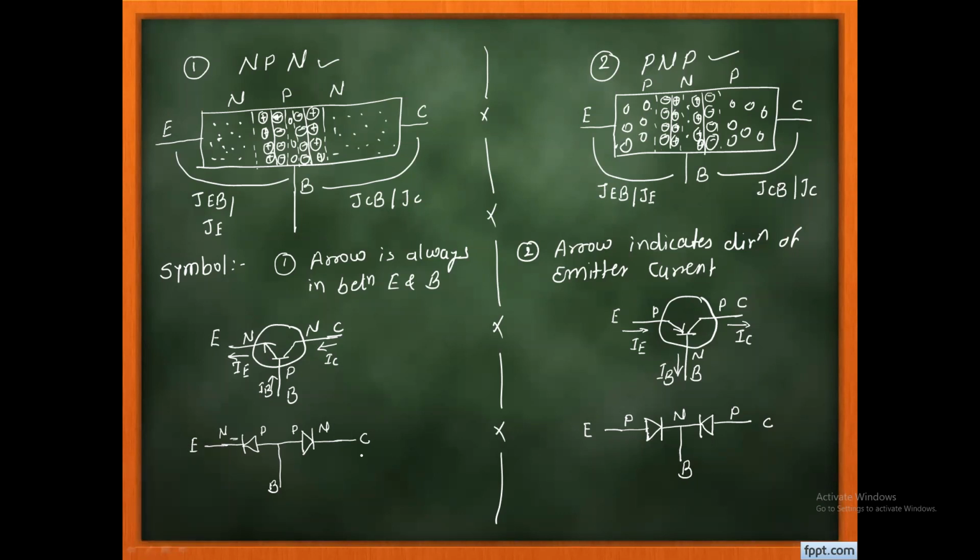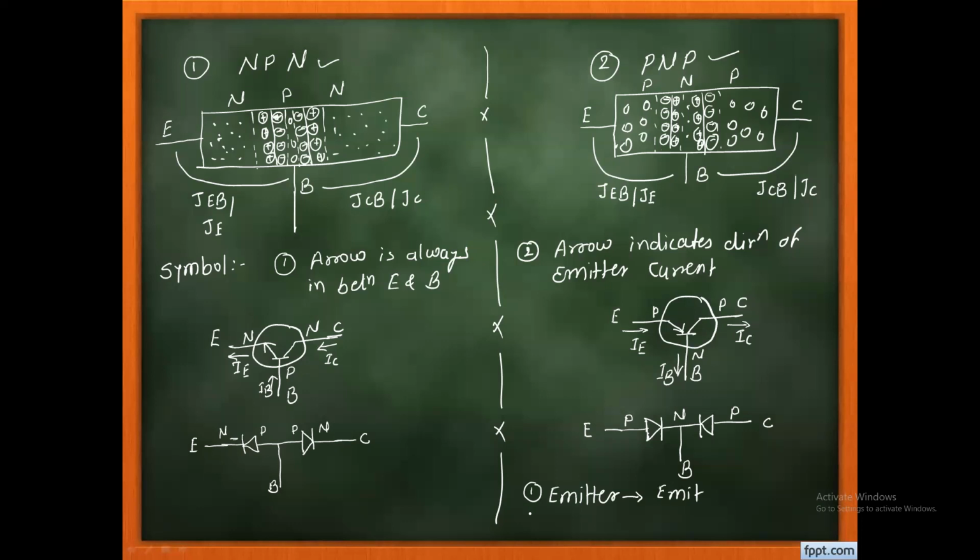Now, as you know, the transistor has three terminals. One is the emitter. What is the function of this terminal? The name itself tells you that it always emits the majority charge carrier. म्हणजे तो टर्मिनल काय करेल की कायम मेजॉरिटी चार्ज कॅरियर हे इमिट करेल. इमिट करेल म्हणजे काय करेल, डोनेट करेल, देऊन टाकेल.